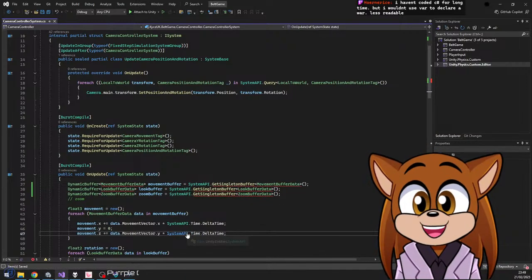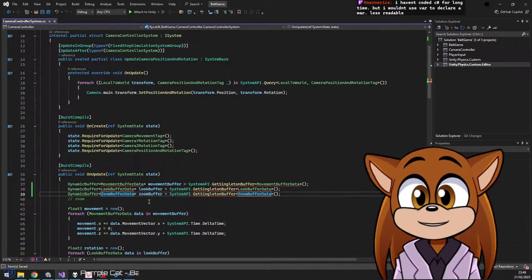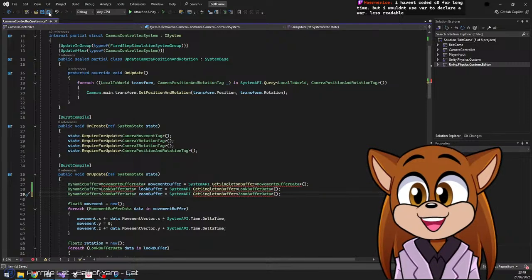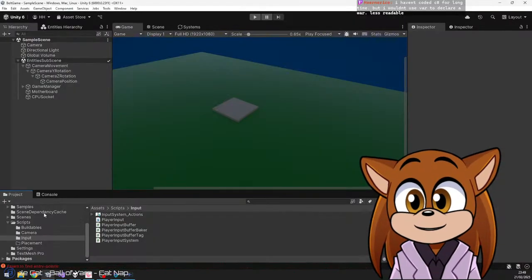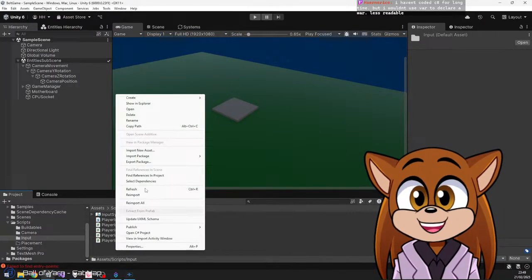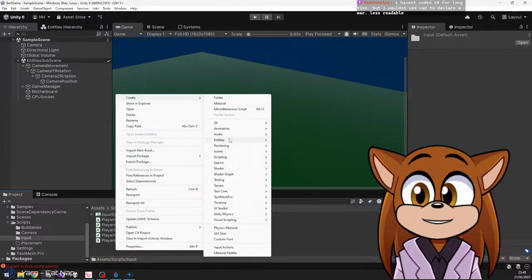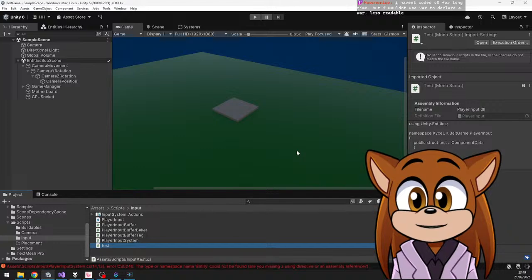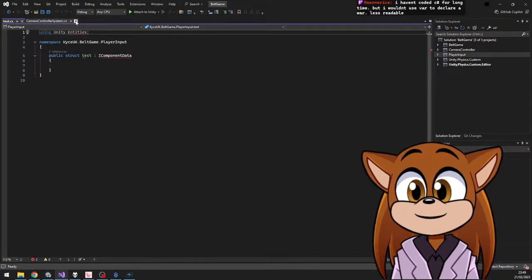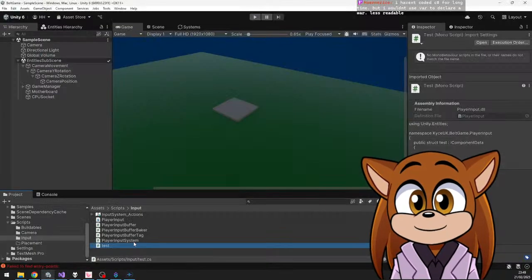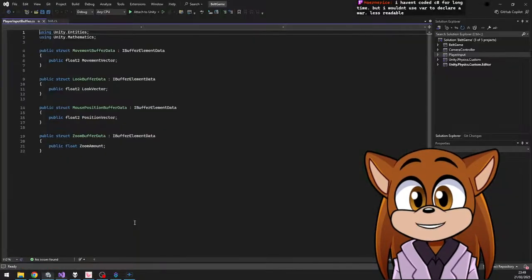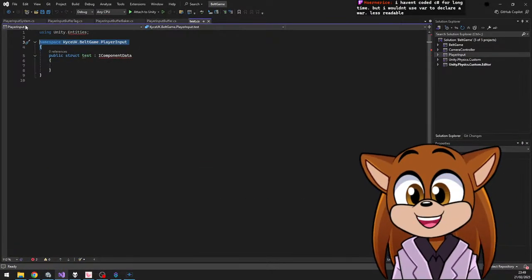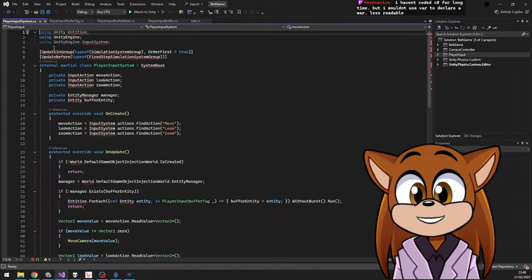But it says they are non-nullable. I don't know what it is. I think that is because I haven't defined the input stuff yet. But let me do this first here. So